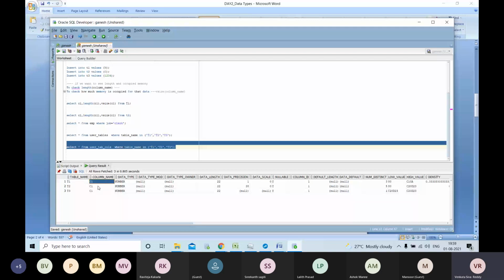Okay, see, the data type is number for that particular column. Data length, you won't consider this. Data precision is 1, scale is 38. So for T2 you mentioned a maximum size of 38. For T1 you mentioned a size of 1. For T3 you haven't mentioned anything for the size of the data type, but it allows the maximum, that many digits.